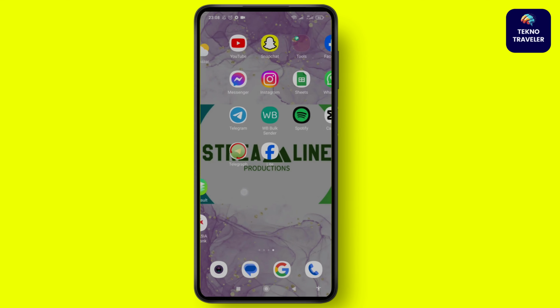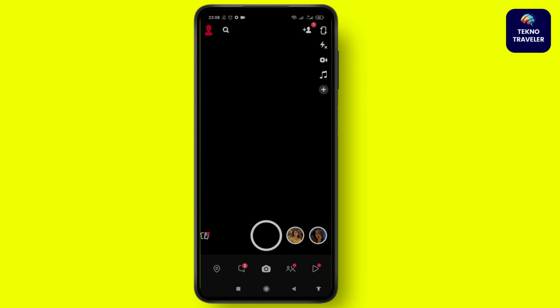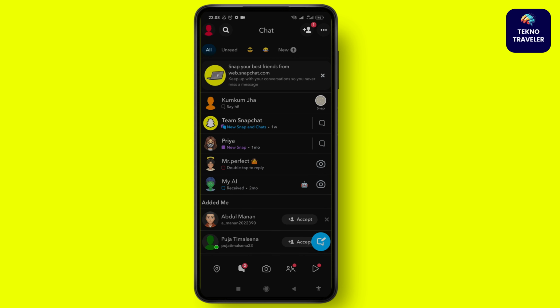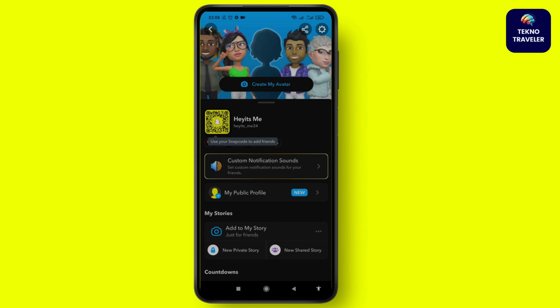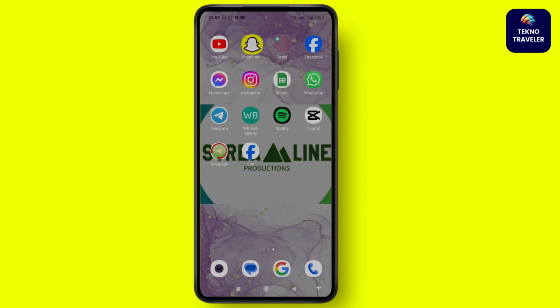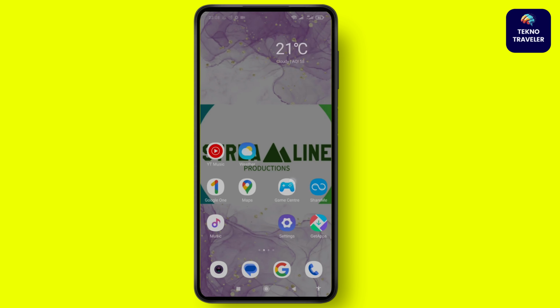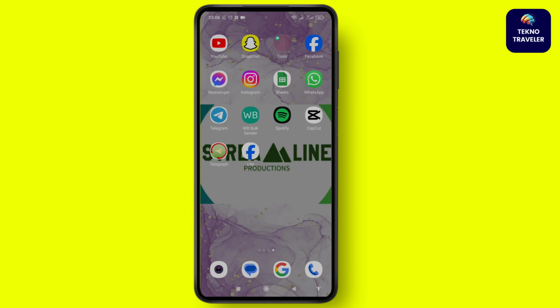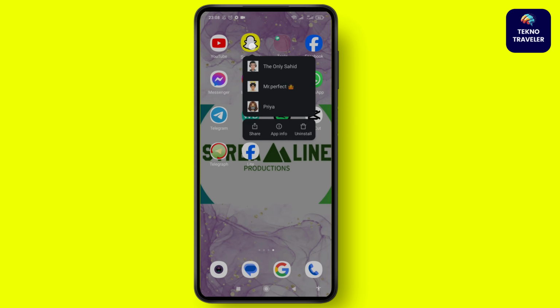Sometimes it may happen that you uploaded a story and everyone is able to view it, but you yourself are not able to see your own story. In that case, first of all make sure to check that your internet connection is working well. After that, go to Snapchat, tap and hold,